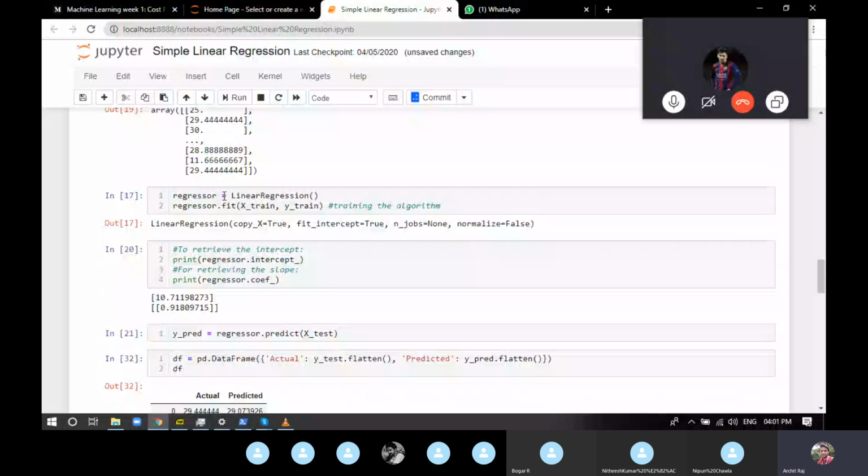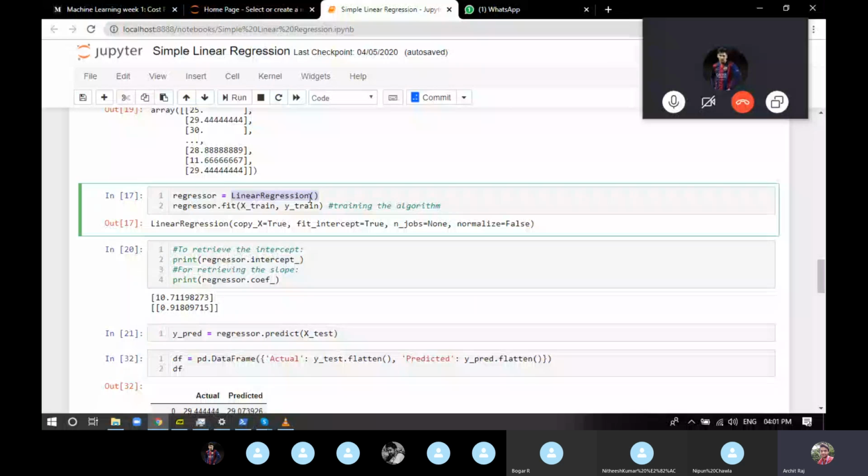Now what we have to do is provide the data. How to provide the data? We write regressor.fit and provide the data of x train and y train. What exactly is this particular line going to do? All the things that I explained in the starting of the class, taking the data, finding the errors, finding the gradient descent, finding the best fit line, will be completed in this particular line. All that 30 minutes that I explained is completely done by the machine.